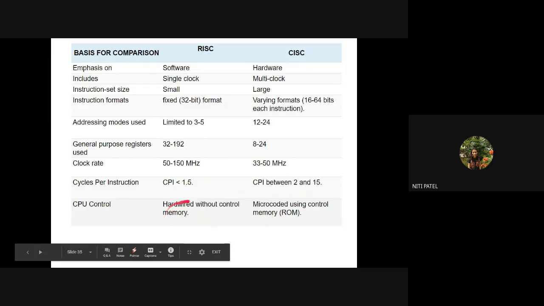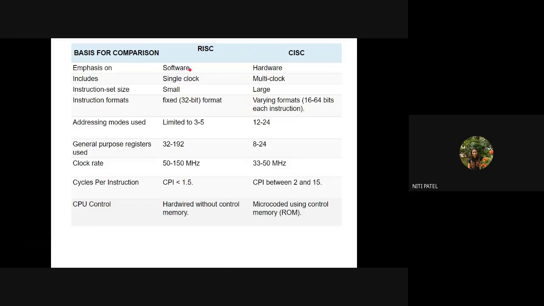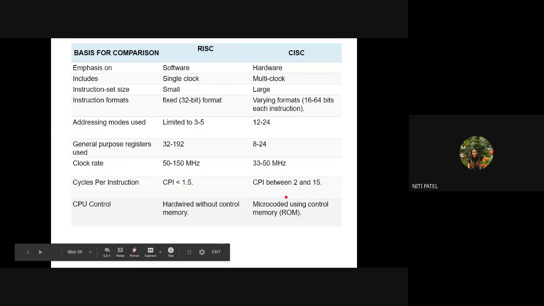Now what is this hardwired and micro-coded? This will become clearer in the next topic. So for now, just remember RISC works on hardwired and CISC works on micro-coded, which is micro-programmed. Okay. So it depends on the instruction whether to select RISC or CISC. If an instruction is very complex and you can break it into smaller ones, you go for RISC. But if your instruction is very complex and you have that much address space, address bus and data bus size, you prefer CISC. Okay. So with this, we have come to the end.